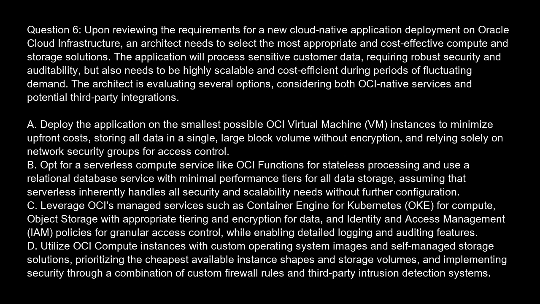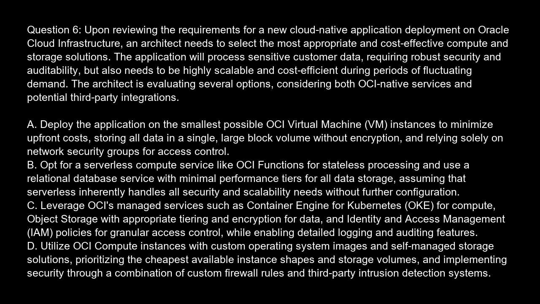Option A. Deploy the application on the smallest possible OCI virtual machine, VM, instances to minimize upfront costs, storing all data in a single large block volume without encryption, and relying solely on network security groups for access control. Option B. Opt for a serverless compute service like OCI Functions for stateless processing, and use a relational database service with minimal performance tiers for all data storage, assuming that serverless inherently handles all security and scalability needs without further